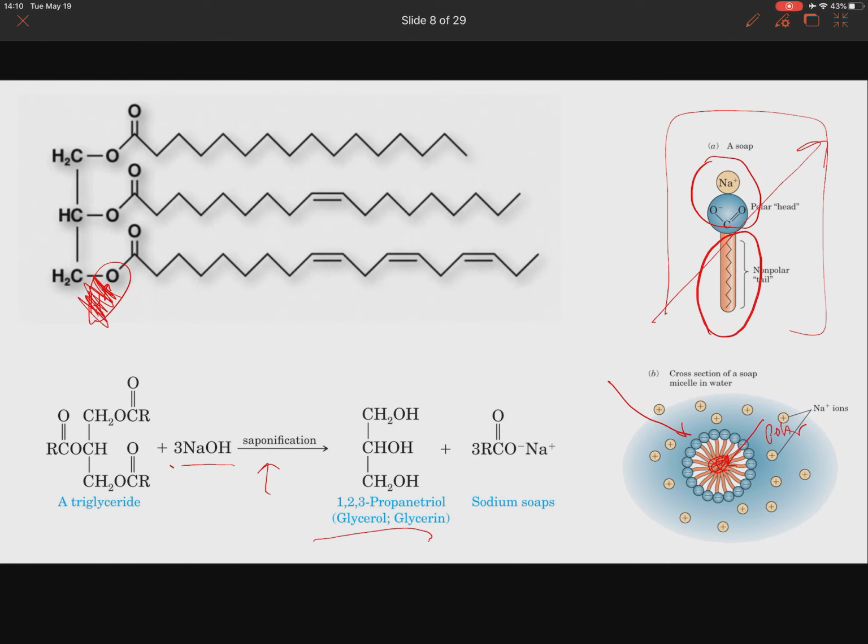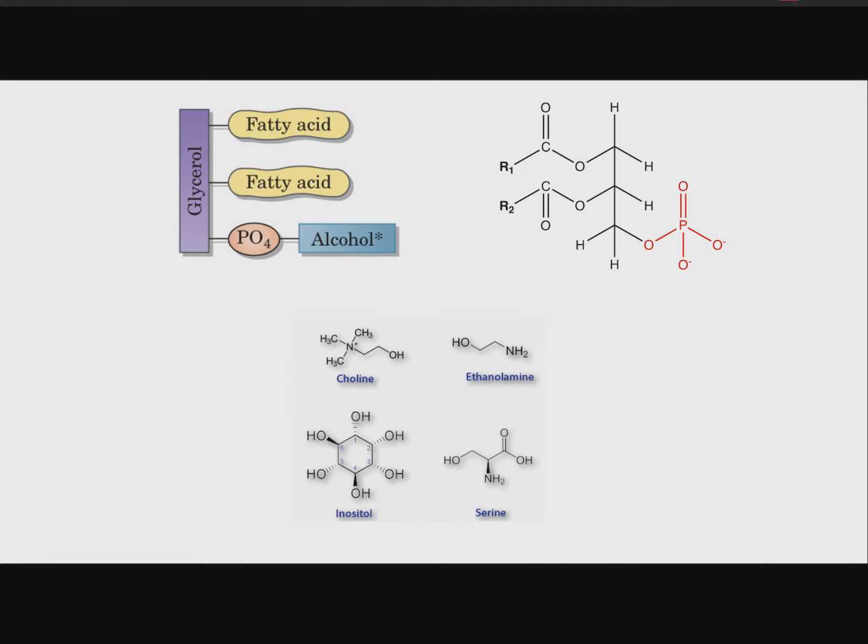We want cells that are going to be able to have polar inside, polar outside, and then nonpolar in the middle. That way we can move stuff in and out. Things can happen inside, things can happen outside. So we need a more sophisticated system or picture. All right, so that's soap. That's how soap works. Let's switch gears now and talk about